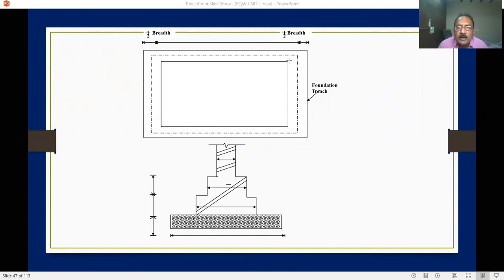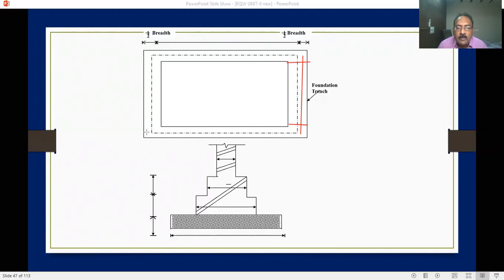Similarly, for short wall, this is short wall from here to here, center to center short wall. And half of width this side, half of width of this side, if you add, you will get out to out. But here in short wall, only deduction. Don't confuse. Okay. This is short wall. This is called short wall. So from the center line, you have to deduct half of width of this side and this side.